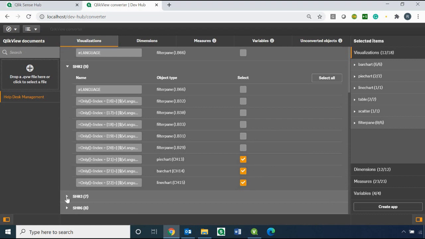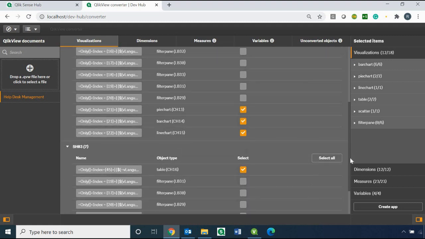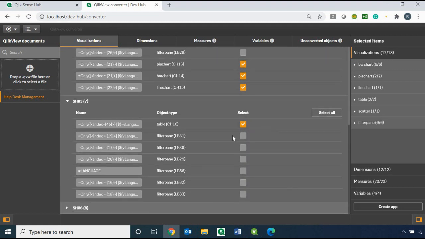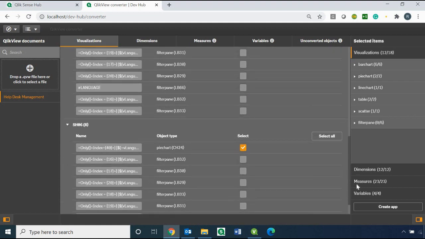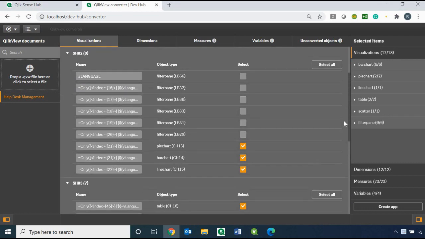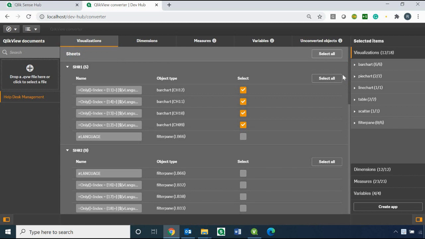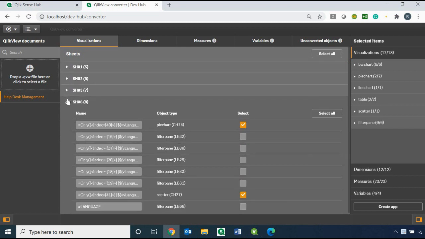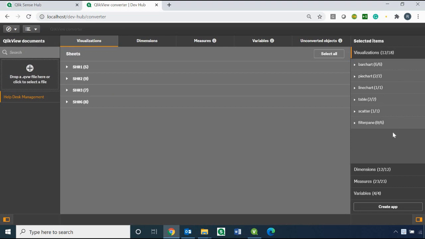For example, in sheet 3 we have only one table box. In the 4th sheet we have a pie chart and a scatter chart. By default, Qlik selects all the charts and graphs available except the filter pane. Whatever charts and graphs you have selected, you can also see them on the right hand side tab.